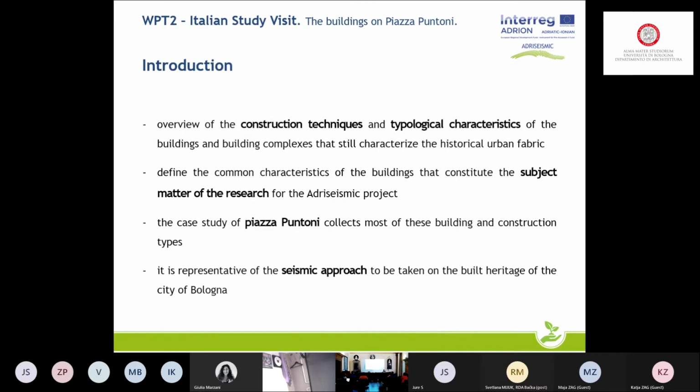So in this first presentation, I want to introduce you the building fabric of the historic center of Bologna with an overview of the construction techniques and the typological characteristics of the buildings and of the building complexes that characterize our city. The aim is to define the common characteristics of these buildings because they are the base for the Adriseismic project,